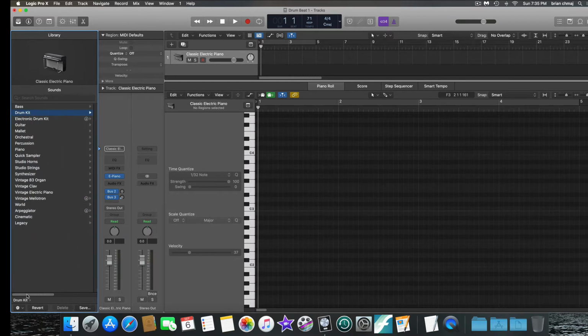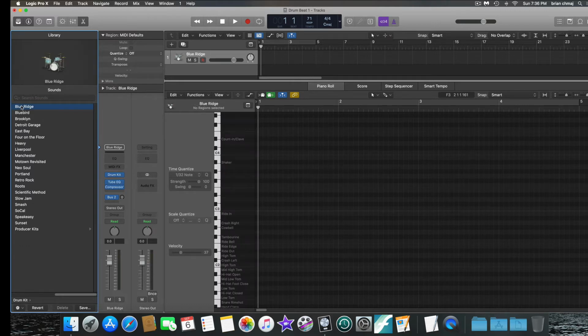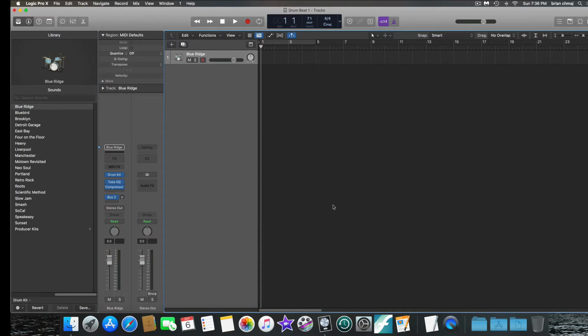For this first project, you have two options. You can use an acoustic drum kit or an electronic drum kit. There are a variety of sounds in each category. For now, you can only use the sounds that are highlighted in bright white. The sounds that are in dark gray have yet to be downloaded, and you need administrative passwords to get in there. You can begin testing different types of drum sounds by choosing a drum sound, and once it loads,